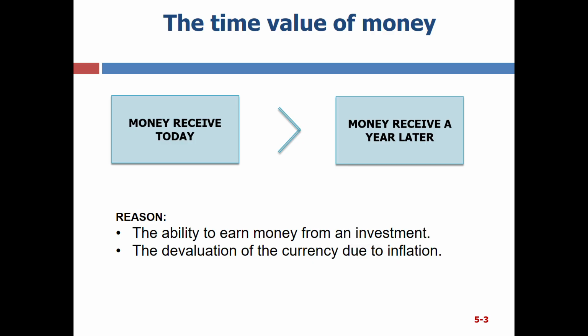However, if you do not intend to invest, receiving money early will still bring higher benefits because of the depreciation of money caused by inflation. For example, 10 years ago, you could buy a house in the suburbs with 1 billion VND, but that is now impossible. The price of houses in the suburbs is now 3 to 4 billion VND. This is a typical example of the time value of money.